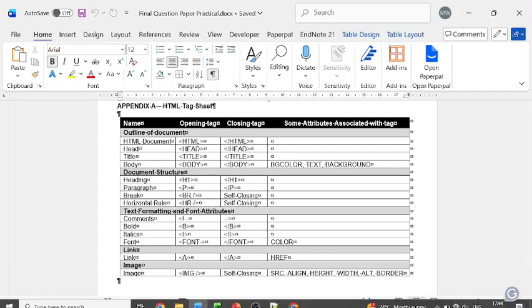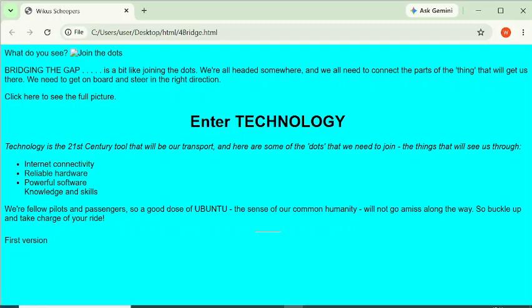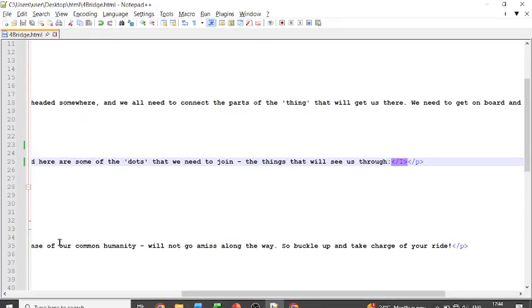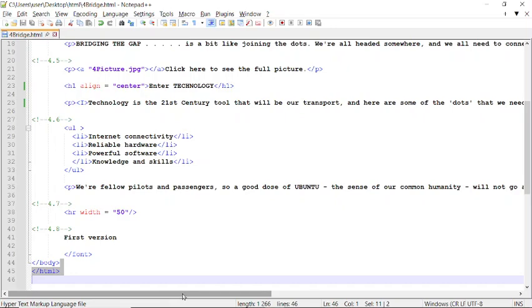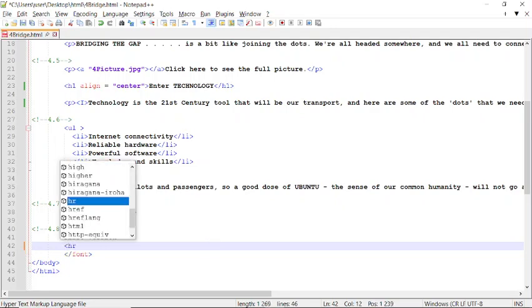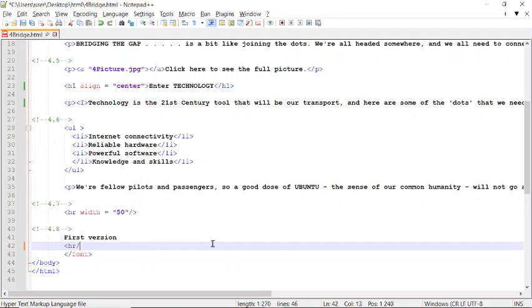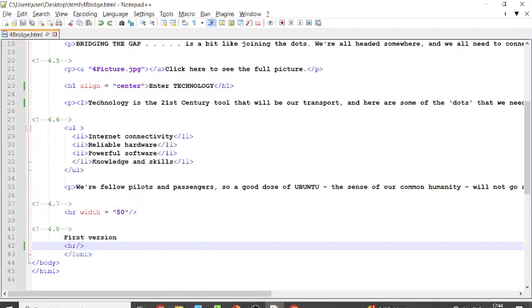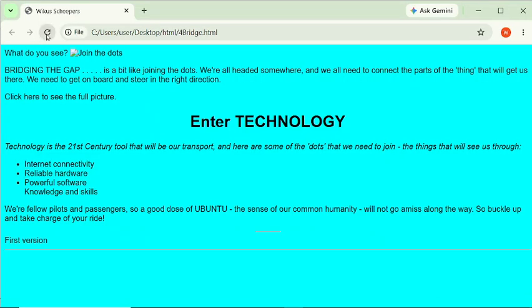So we say HR with a slash, and all I'm going to do is, underneath at the bottom, underneath where it says first version, say open bracket HR slash closing bracket. Doing this, saving, going here, refreshing, you can see that there is a small horizontal line going throughout this document.